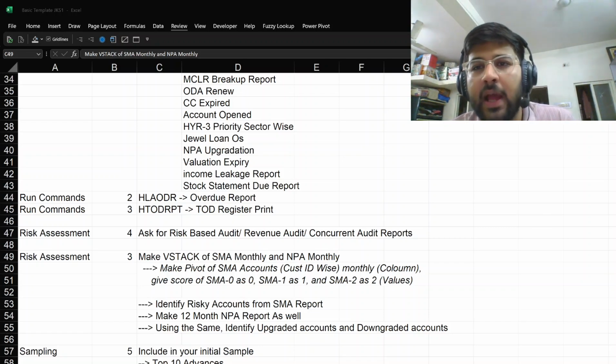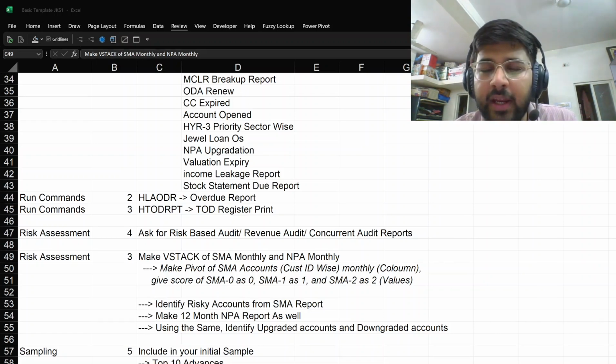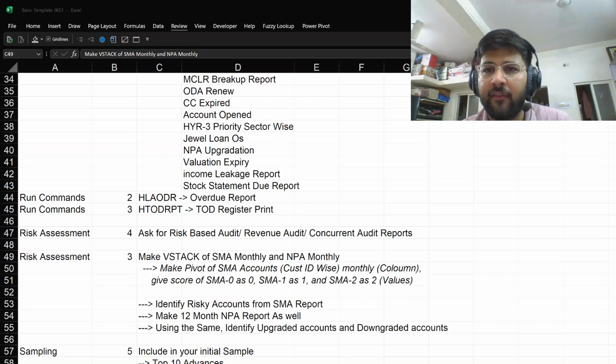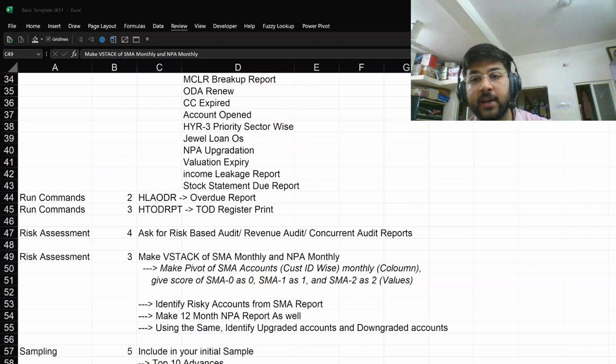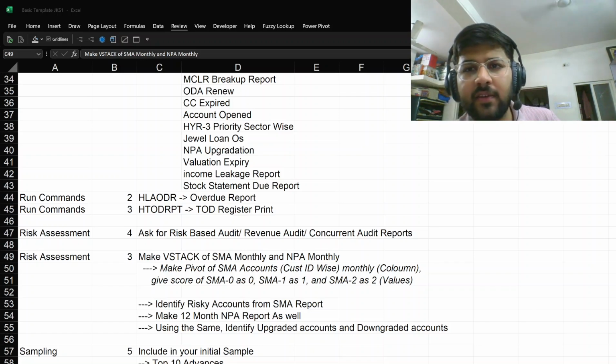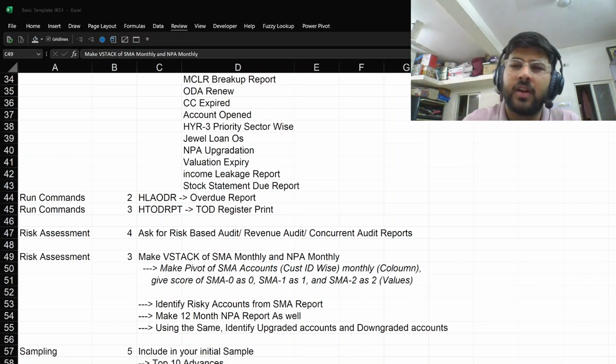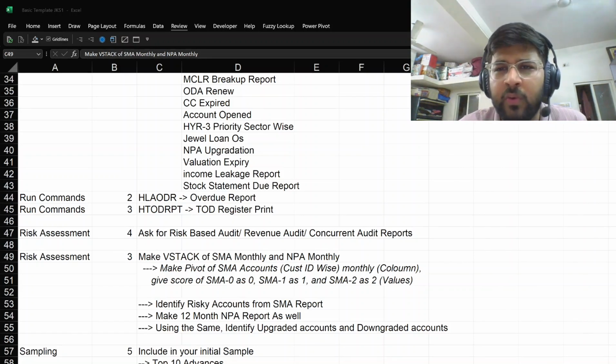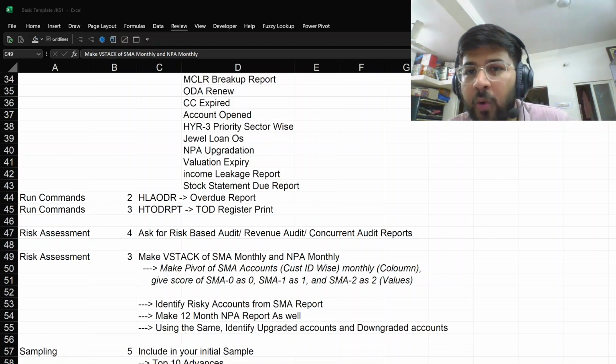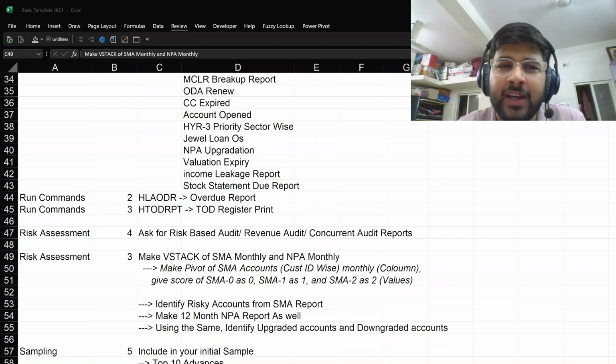If a certain account has been SMA 2 for a long period of time, it should give you an aggregate of 24. Every month, if it has been SMA 2, it would give you a total of 24. And this account is obviously a stressed account. You should be able to identify these things. You have to do it customer ID wise, so you would identify problematic customers, and of course, if any one account is problematic, the whole customer is in problems. You can also do it account wise, but customer ID wise you can get an idea about